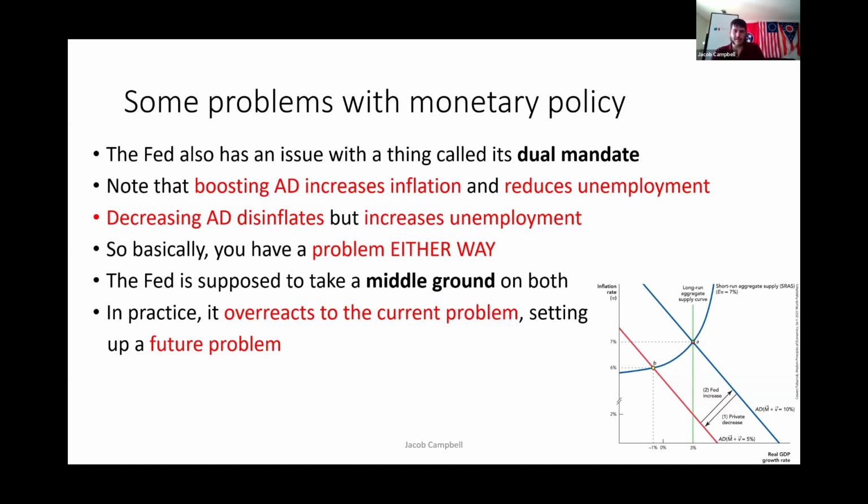And when I say the president, I don't mean Biden or Trump, I mean any president. What does any president want more than anything? To be reelected, to score political points for their party. And that means fix the current problem and kick the later problem down the line. Because when that later problem blows up under the next president, it's probably going to be the opposite party, and they're going to catch all the blame for it, regardless of if they did anything.